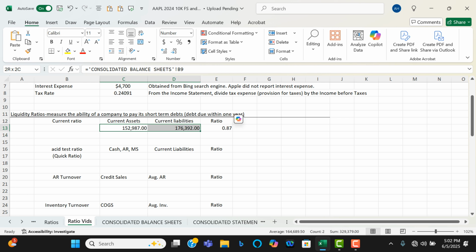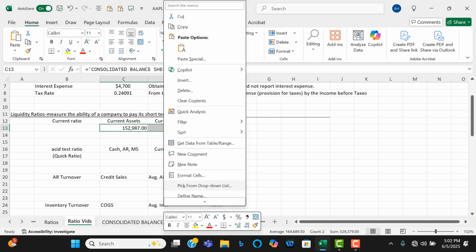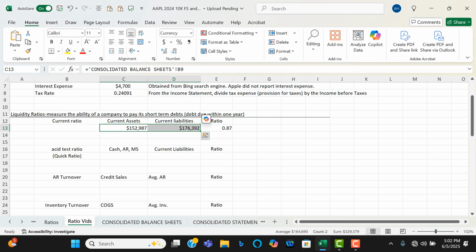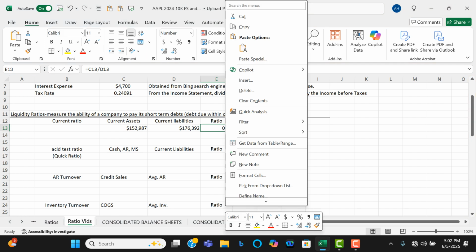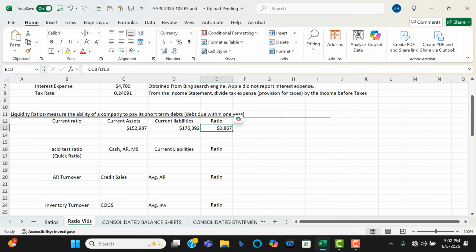Now I'm going to go ahead and take these two, and they're dollars. I'm just going to format them, take the zeros off, and put the currency right there. And for the ratio, there's 1 or 2 ways to interpret it. I'm going to use the dollar approach to interpreting this ratio. I like that approach because it's very monetary. I'm going to put that out to 3 decimal places, more or less. Okay, so what this ratio means is that Apple